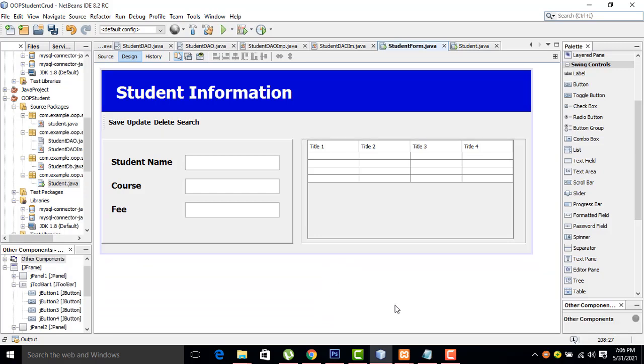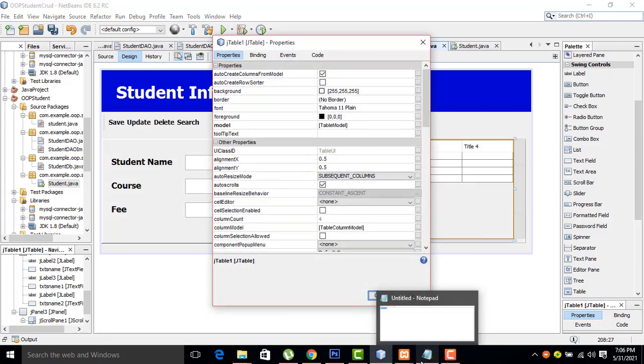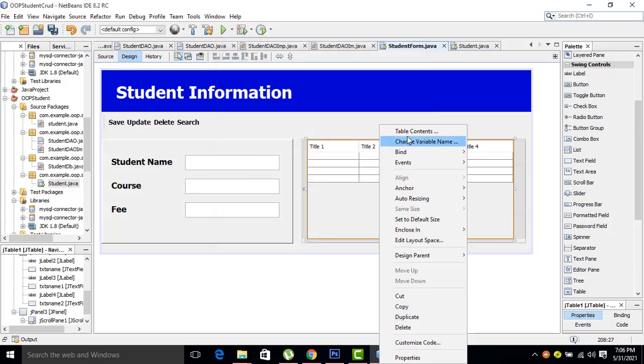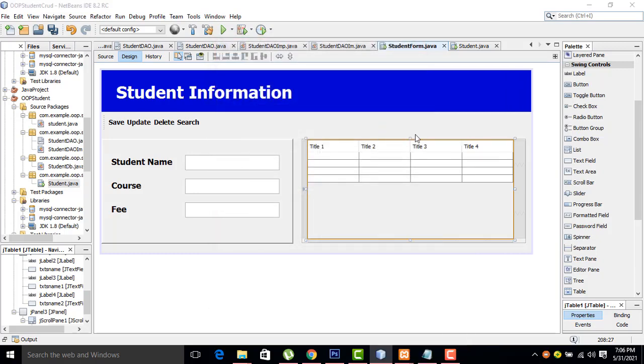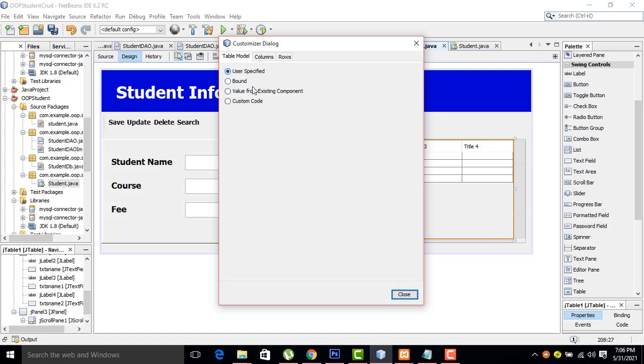Now select this one, right click, properties. Go to the table content, go to the rows, select and delete each of the rows. Then go to the table model columns.